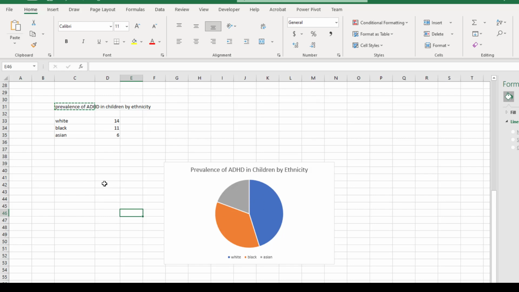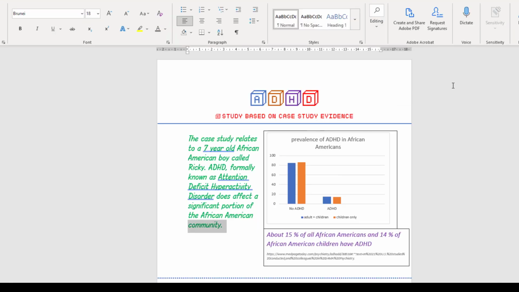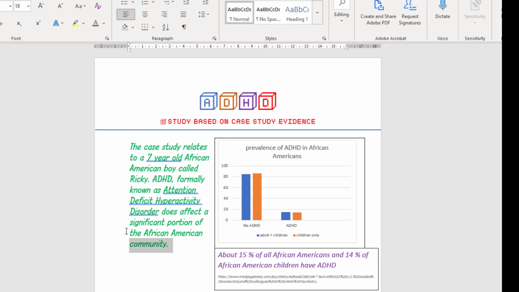But I've got this data, so I've got two bits of data now. Now what I want to do is I want to put that into an infographic, so start creating an infographic. I'm going to start creating an infographic. I've typed up some information related to the young boy. I've put in information about the prevalence of ADHD in African Americans, and I've added more information down here,